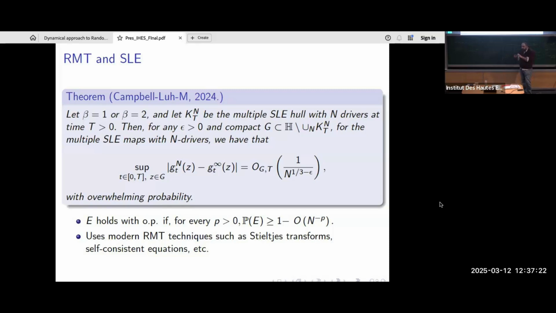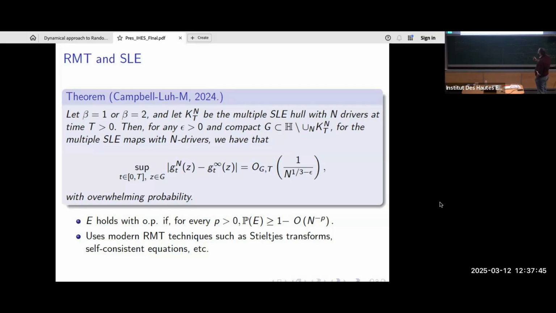What I'm going to tell you from now on is this toolbox between random matrices and SLE. This works also for fixed n. So we are just in the very beginning of really trying to prove things, and the fixed n part is still available. We just did an application that is less physical for now, just to see it at play a bit. So this is showing a certain type of convergence, a rate of convergence in this Carathéodory sense